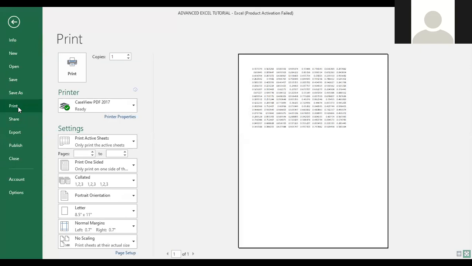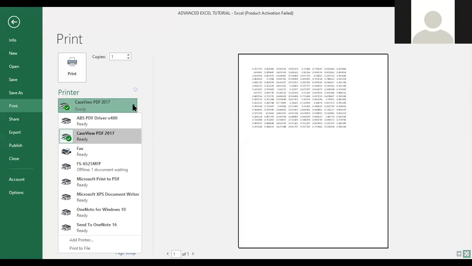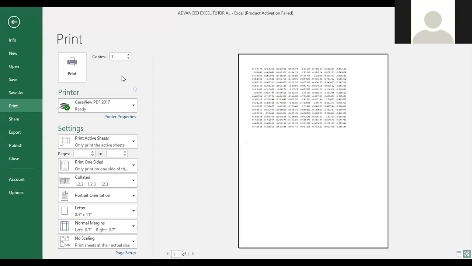So once I've done that, you can see it is giving me options on how to print, and I can choose the printer. From the list, I can choose the printer that is available for printing, and then I can print. But before you print, you must make sure that your document is as you want it to be. One of the things is, do you want to print all the pages in the range? If that's the case, you leave it as it is. But if you want to print quite a number of pages, not all the pages that are in the range,